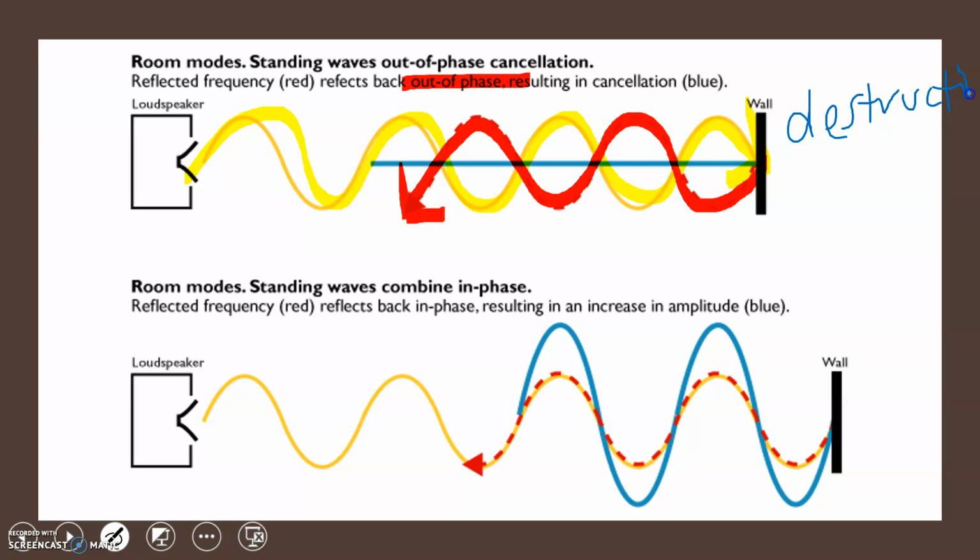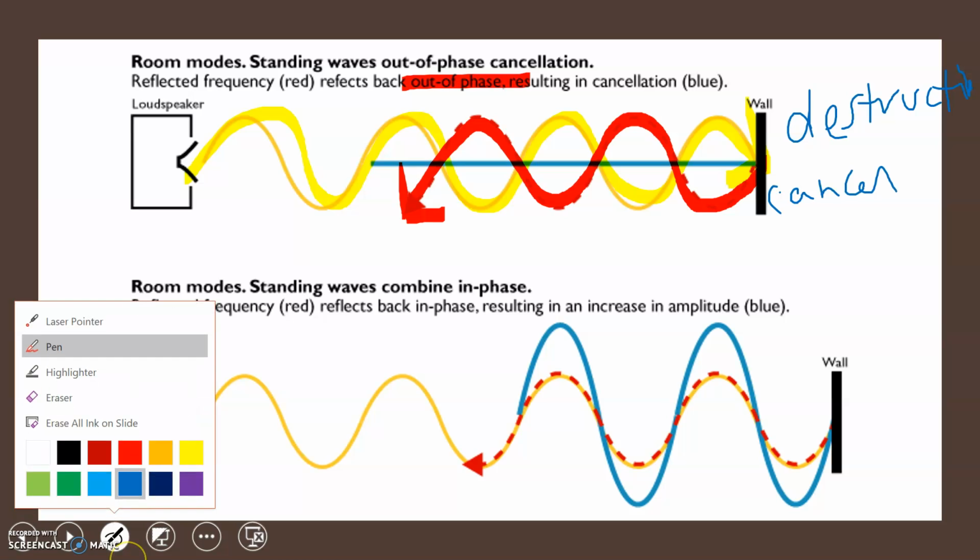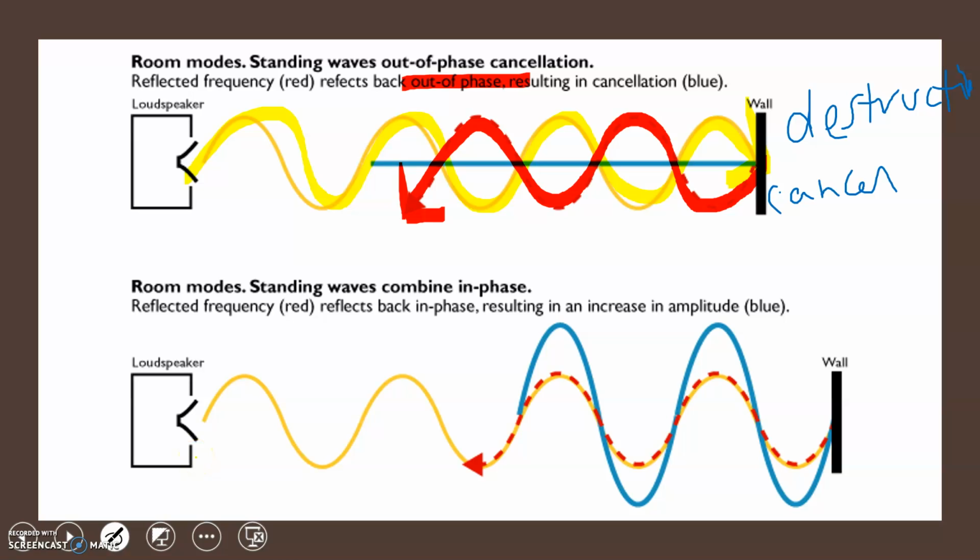So with this destructive interference, that's going to destroy your sound. So this is going to cancel out your sound. This is also what noise canceling headphones use. This is the same mechanism. So you wouldn't want to keep your loudspeaker there. You would actually need to move it, right? So you move it back some, you change its position,